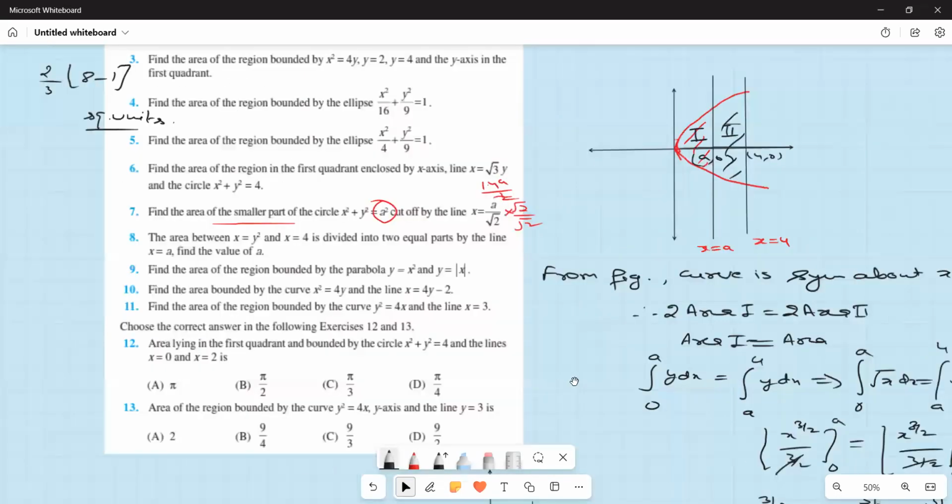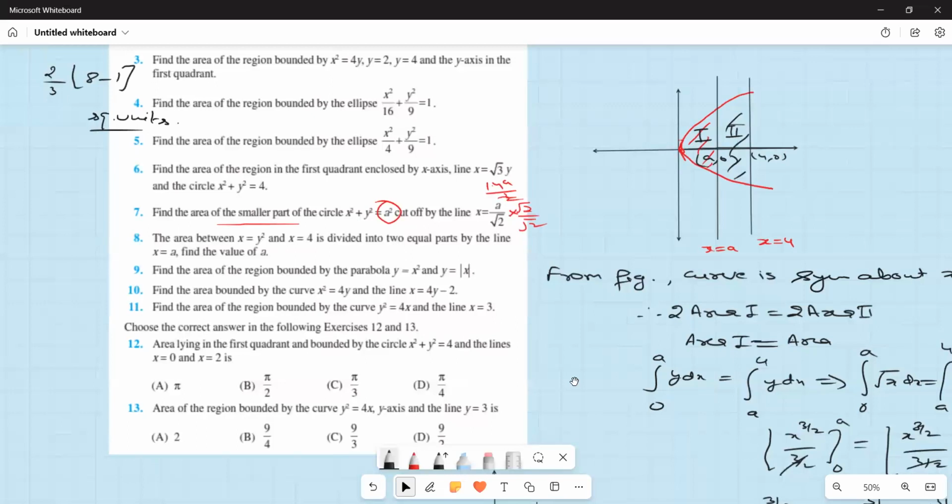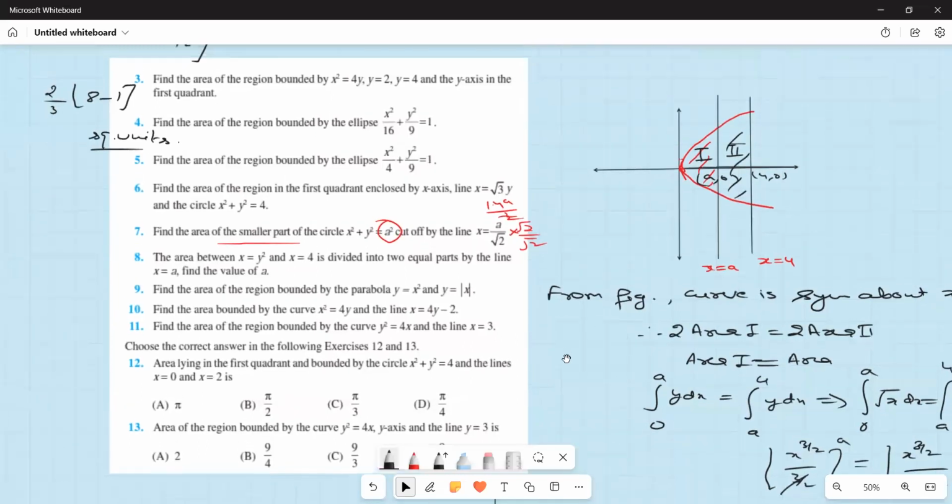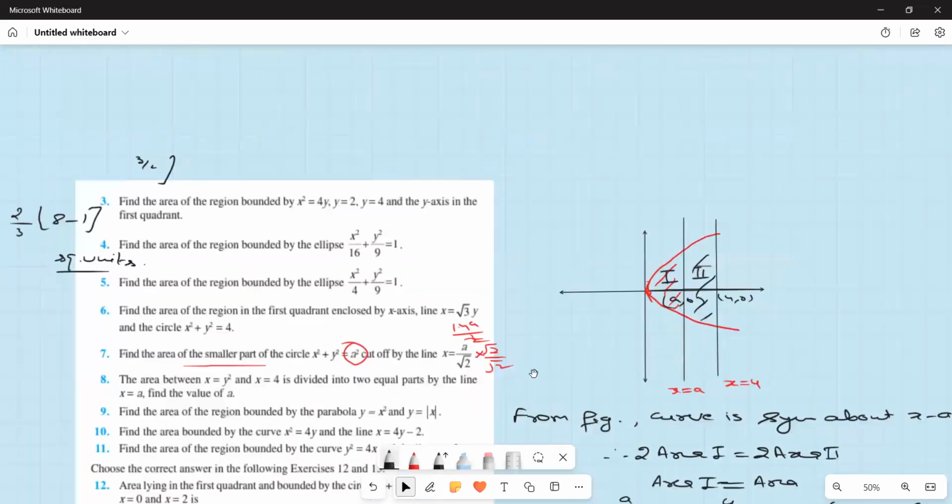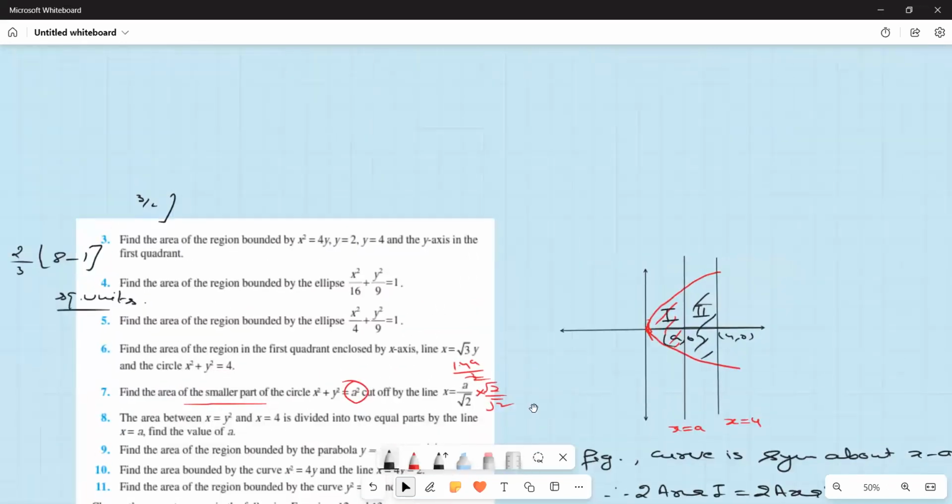Next question is ninth question. Find the area of the region bounded by the parabola x square is equal to y and y is equal to mod x. So x square is equal to y and y is equal to mod x. This is the equation. So again, if I take this only,